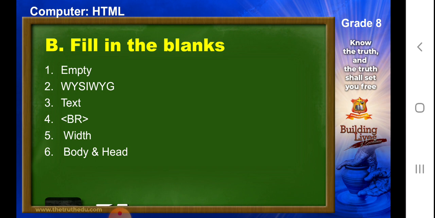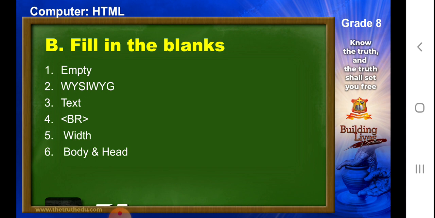Next is the width attribute of an HR tag is used to specify the length of the horizontal line. So it is the width attribute, WIDTH. And the last one is dash and dash are two sections of the standard structure of an HTML document, which is the body and the head.